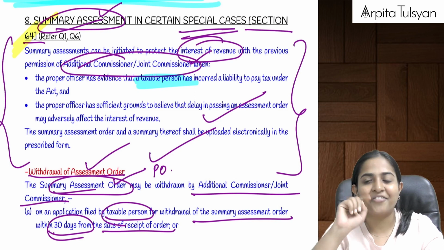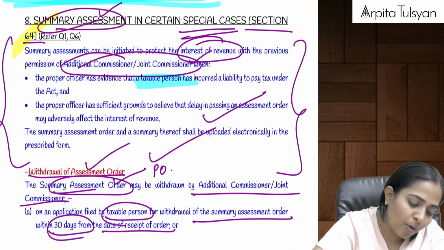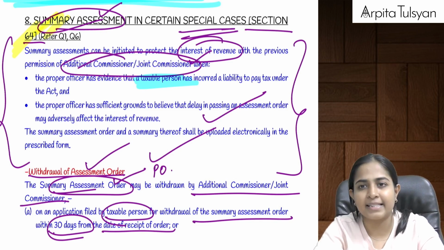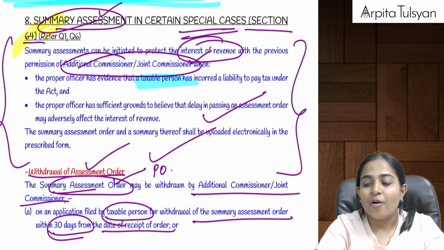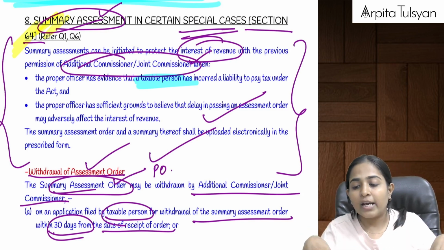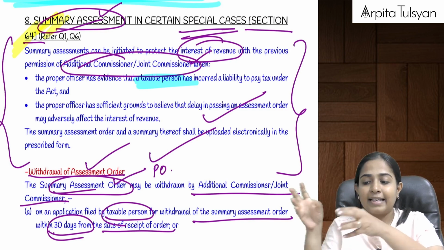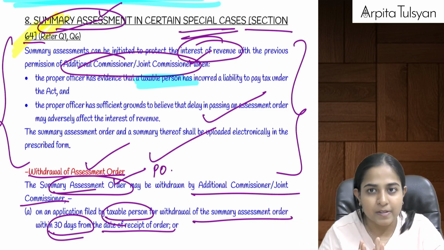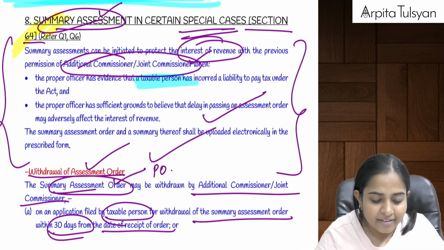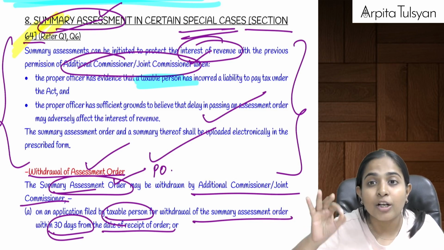Audit is left. Going on to the last section, that is section number 64, which is talking about summary assessment. Very simple section, but nice section. Now what happens in case of summary assessment? If the proper officer has got some reasons to believe with him that there is some tax liability which is due from a person, and we should not do a delay